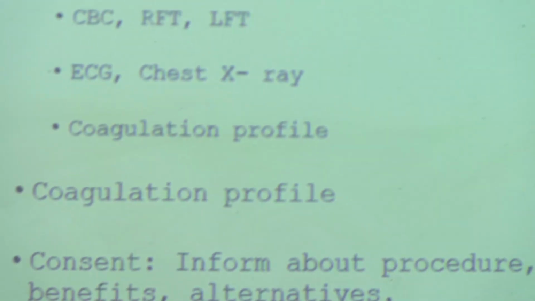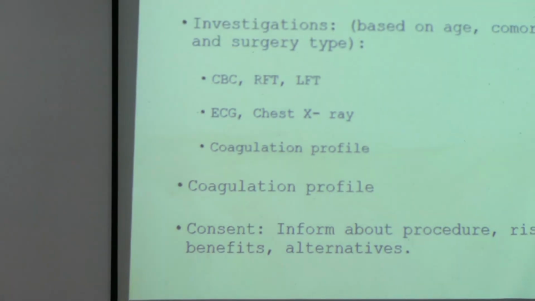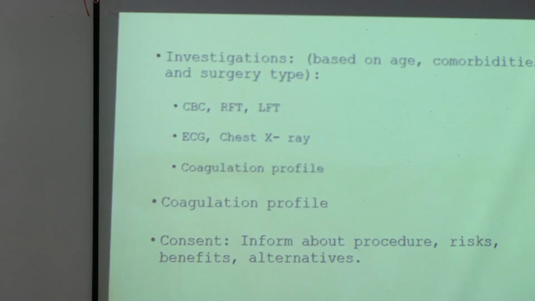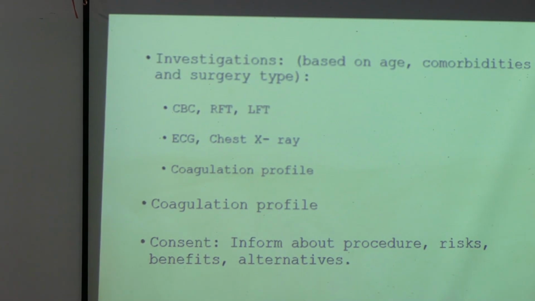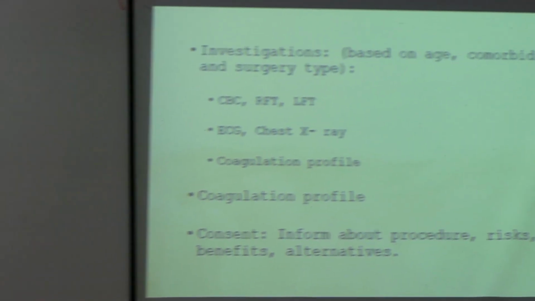Then pulmonary risk, whether the patient is having breathlessness or any cough or any other ailments, fever or anything, he has to be seen. And what are the investigations we routinely have done? A few investigations like CBC, hemoglobin, TLC, DLC, then profile, how much blood the patient is having, whether he is anemic or not. So CBC is very important. Then RFT, then LFT,